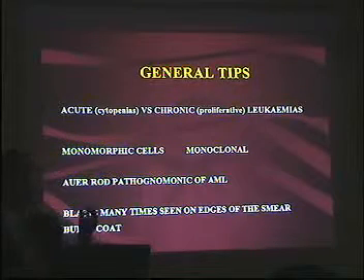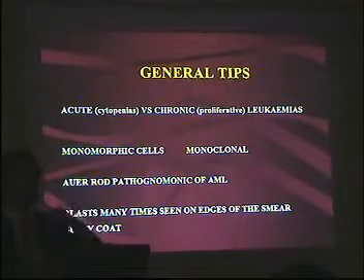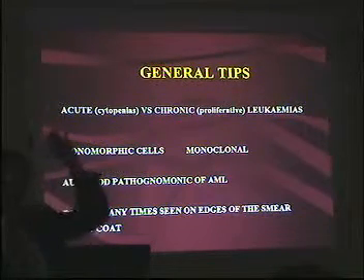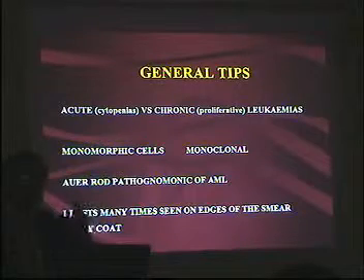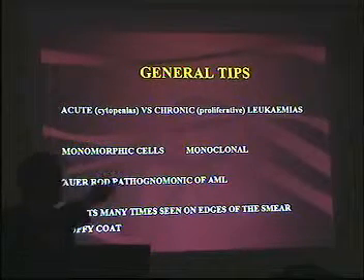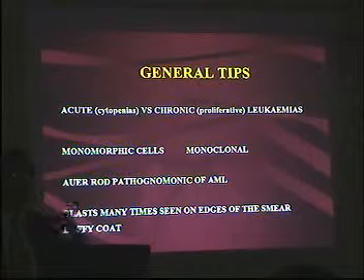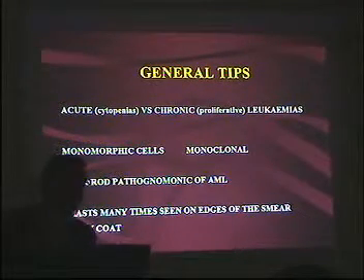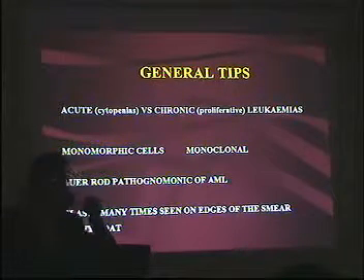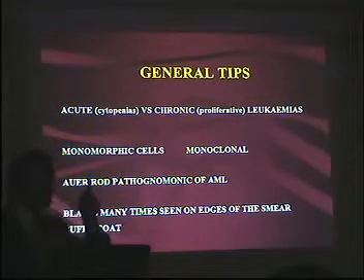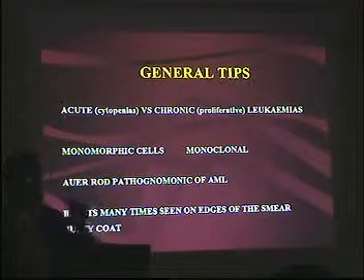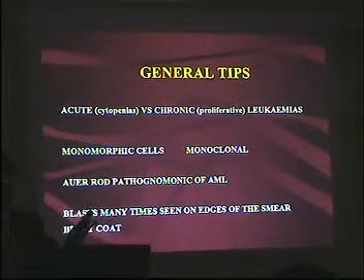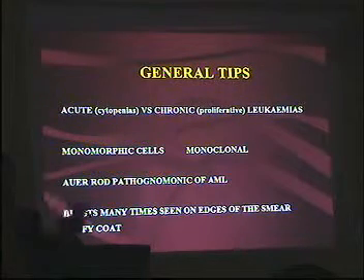Many times when there are very few cells while making the smear, the leukocytes are all pushed towards the tail. You might have to search for these, and one of the things I have realized is that along the edges of the smear, for some reason, these blasts tend to be there. Can we report them? I don't know, because maybe on the edges some of the cells get distorted and the morphology is not clear. But if you are seeing a cytoplasm intact and a nucleus, you can comment on it. Do not comment on cells which do not have an intact cytoplasm, because then there could be anything broken off and you are not supposed to comment.